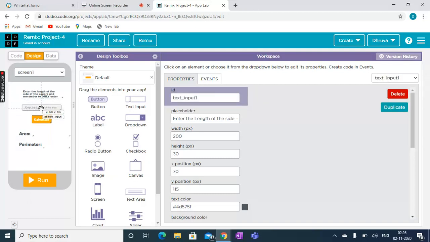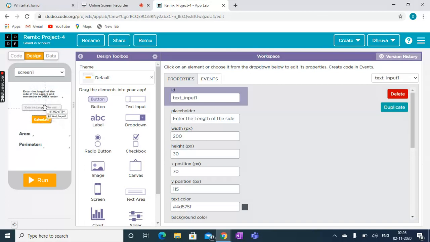Now there's a text input. There is only one text input, so I will keep its id as text input. Now I will set the placeholder, meaning the hint.